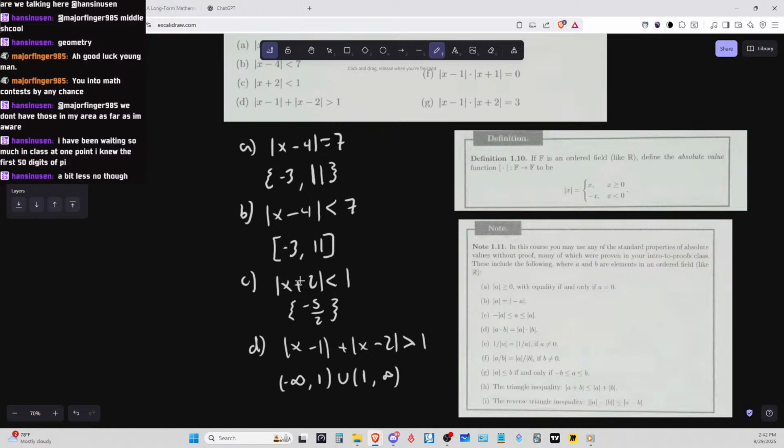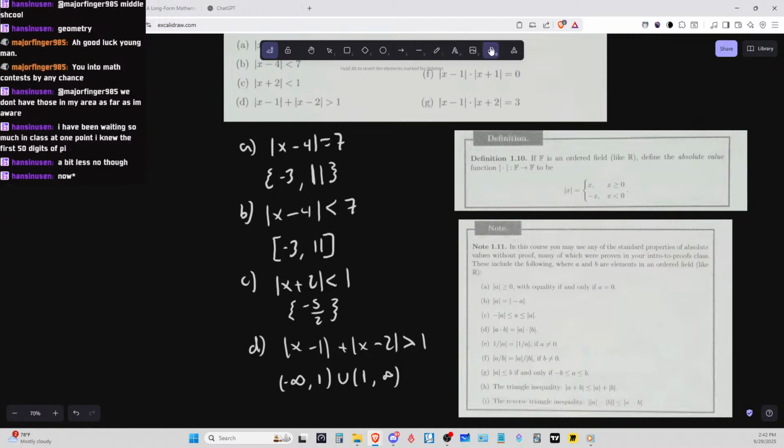Okay, so I think we found our sweet spot. So it's probably going to be from